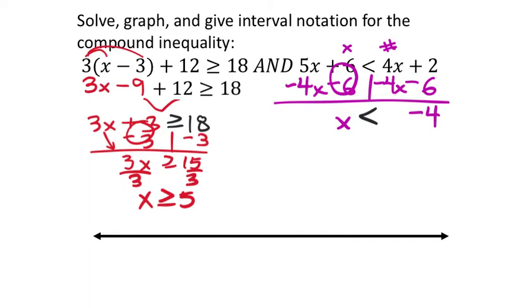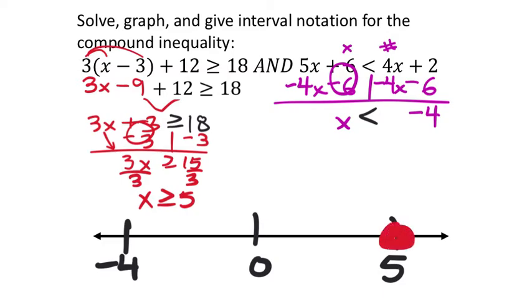Okay. Now again, before I put an and statement, let's see what the graph looks like. So here's 0, negative 4 on the left, and then 5 here on the right. I'll start with the red one. x is greater than or equal to 5, so that's a closed circle at 5 going to the right because it's eating the x. And then a negative 4 open circle, this one's not eating the x, so it goes to the left. Now again, for an or statement, this would be good,